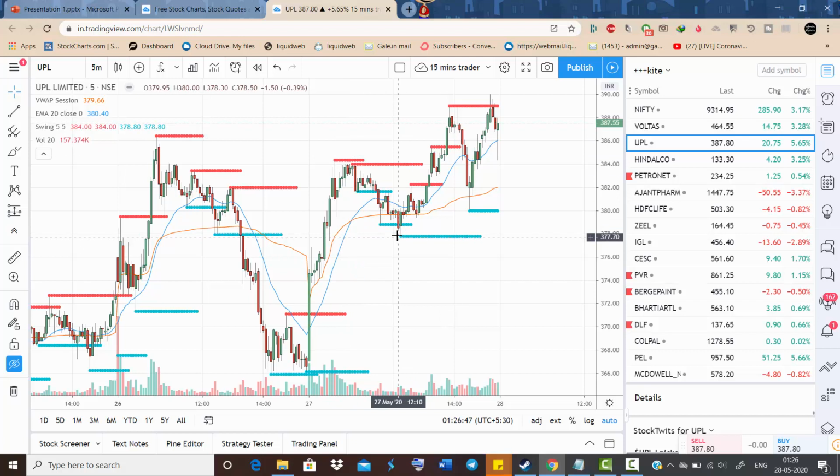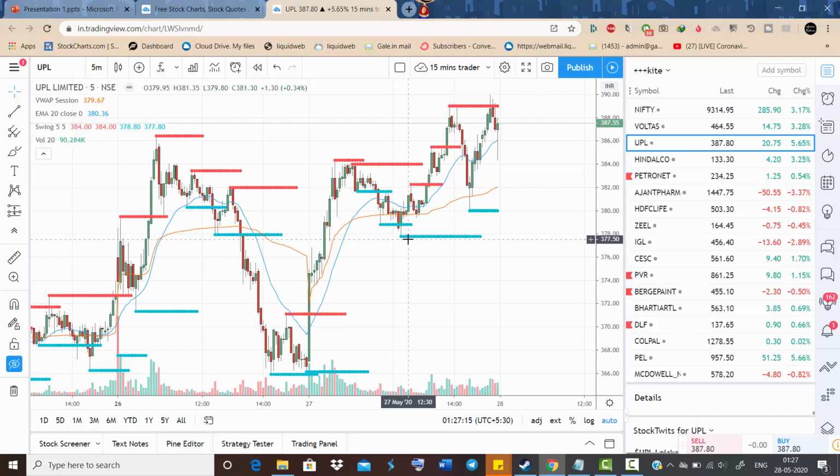So where is the best entry point? I always say the best entry point is reversals on an area of support, or a point between B and C where there is a good increase in volume. This is the volume chart. You can see there is good volume over here. That is the point of reversal, so this is the best entry point to enter the stock.